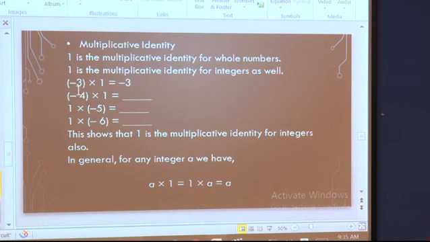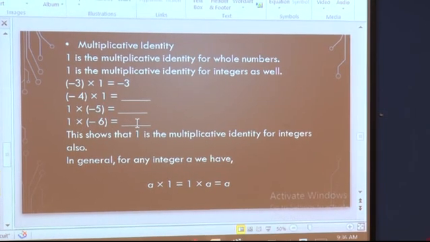So, here minus 3 into 1. What will be the answer? Oh, yes, you will get an integer. Yes, here also minus 4 into 1 is minus 4. Next example, I had taken 1 first, then I had multiplied it to negative integers. So, 1 multiplied by a negative integer, what will be the answer? Oh, 1? No, it is not 1, because we had learned that when it is multiplied with 1, we get a whole number or we get an integer. So, here it is minus 5. So, again similarly 1 multiplied by minus 6 is minus 6.